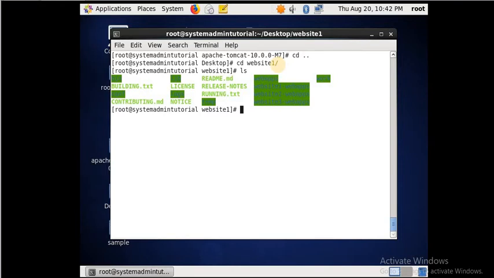We will delete only the bin and lib directories, because they are already there in our Apache directory, so they are not required here.